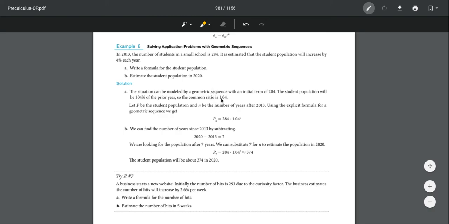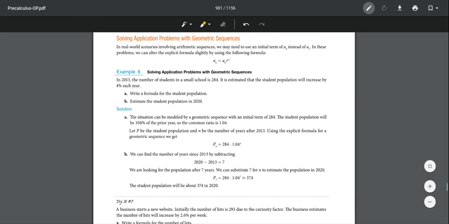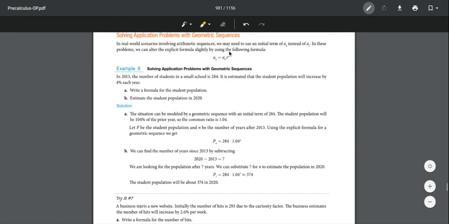So this is going to be a common ratio of 1.04, right? 4% plus 1, 1.04, and then we can just use the formula. So the formula they're using is A_n equals A_0 times R to the n, which makes sense if you think about it,